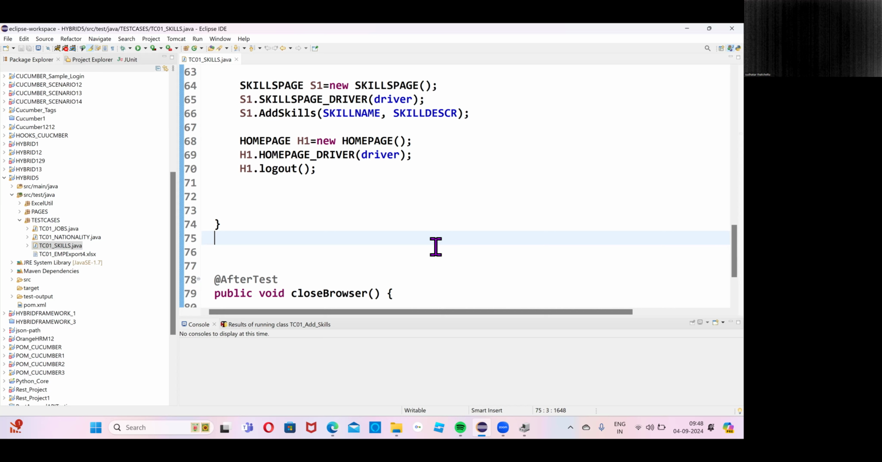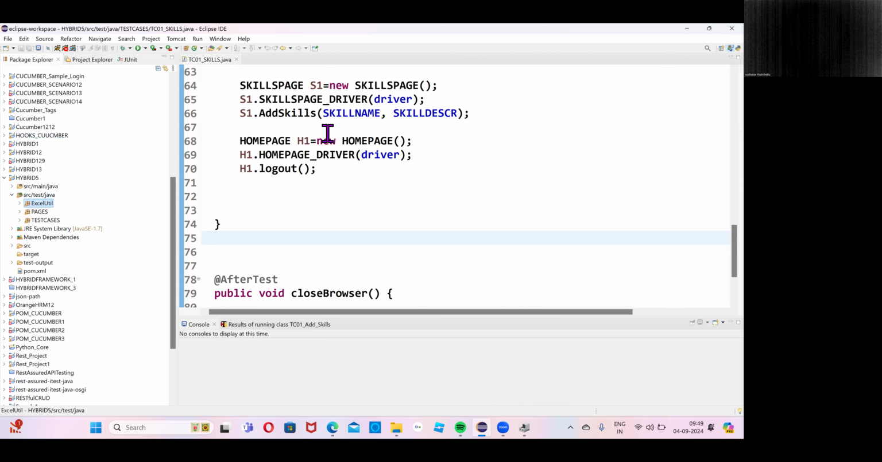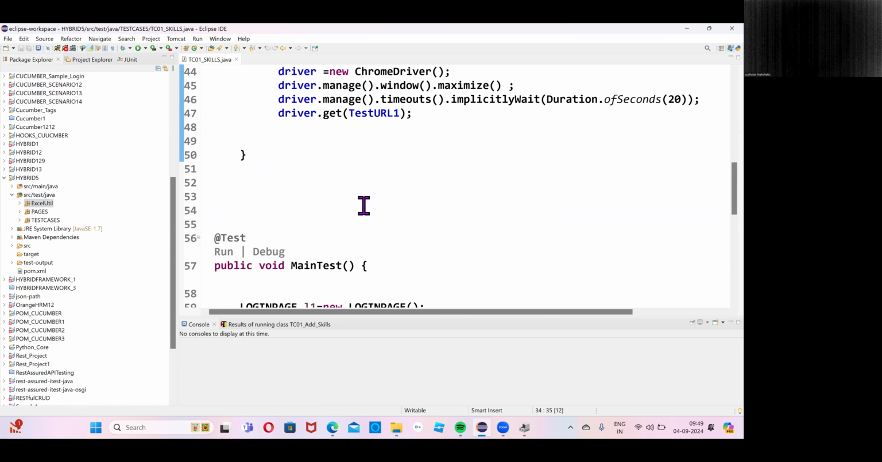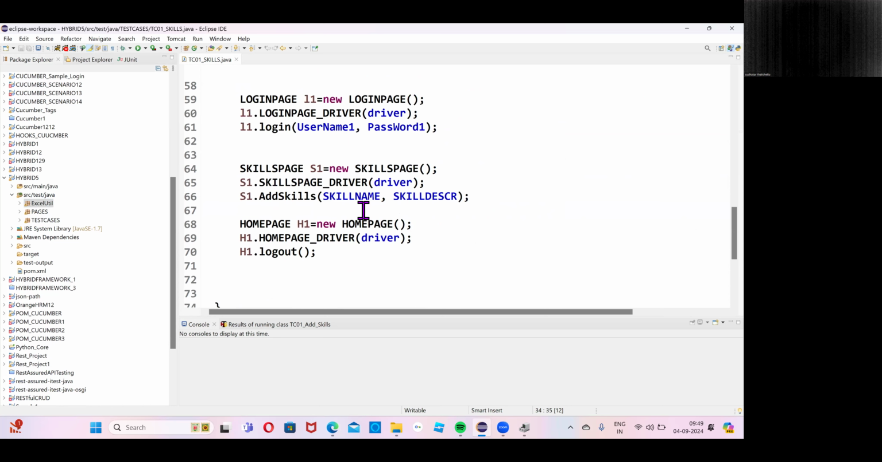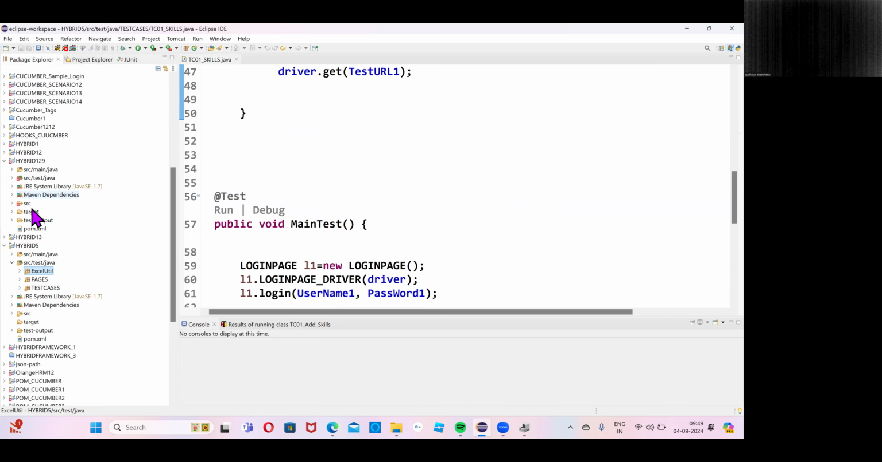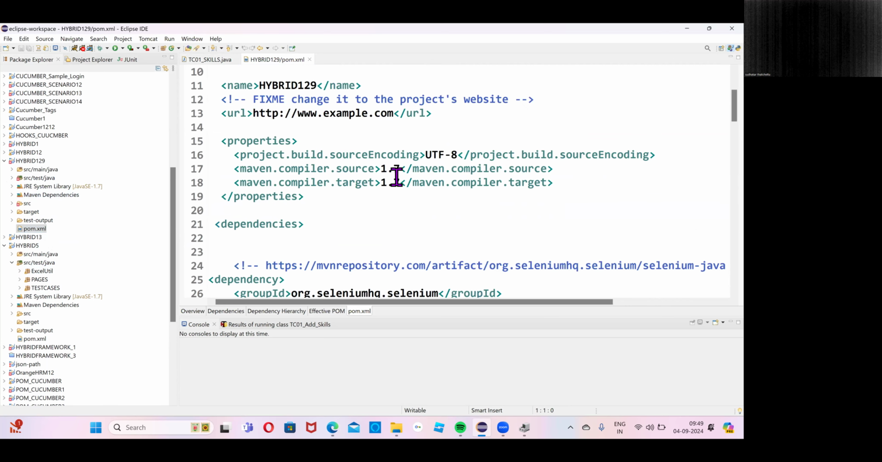Now let's see how to do that part. Generally the Excel util Java class files, the supporting class files, are developed by senior folks in the organization. Your job is to create an object and call the get data table method, and after that pass the input values. That knowledge is required as an automation test engineer. Similarly, now to implement the reporting part,